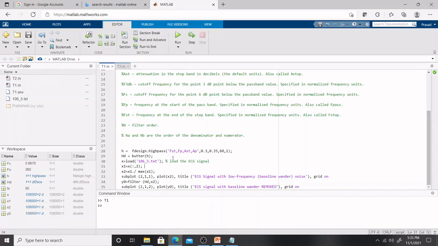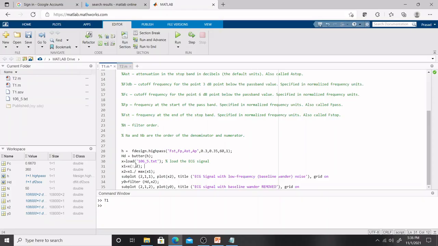As I said earlier, the first step in the design process is to acquire an ECG signal. At line number 30 I called the ECG signal, and it is connected to the sampler block. The sampler block output will be in discrete form, with two columns: the first column is the sample number and the second column is the voltage value. For the filtering application we need the voltage value alone. So I called the second column of the discrete sample values, and that is the input